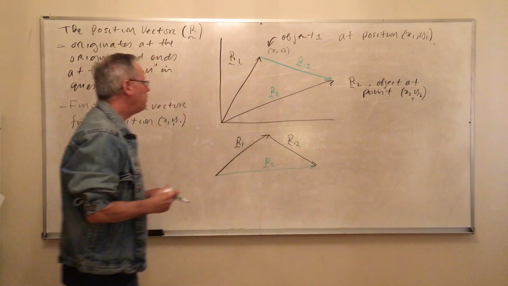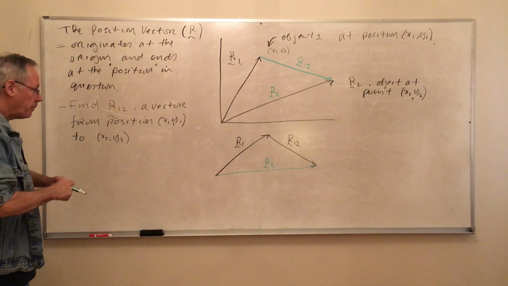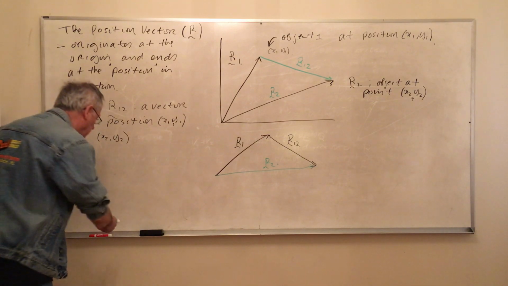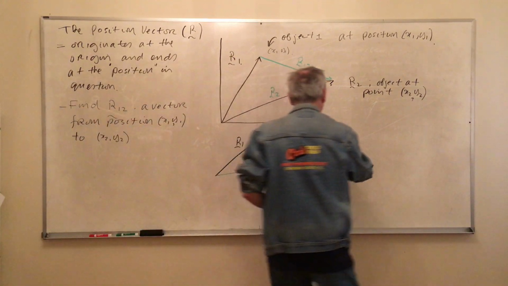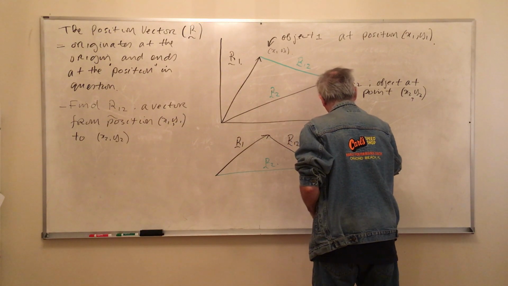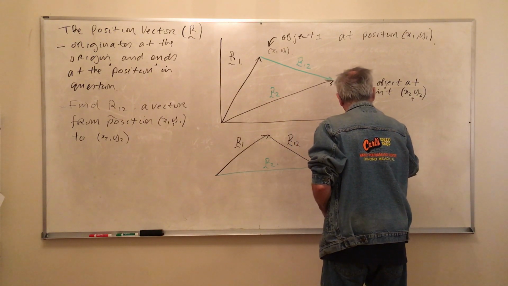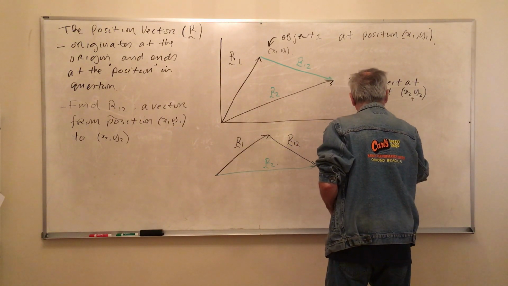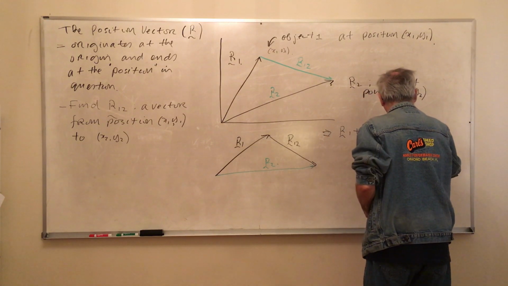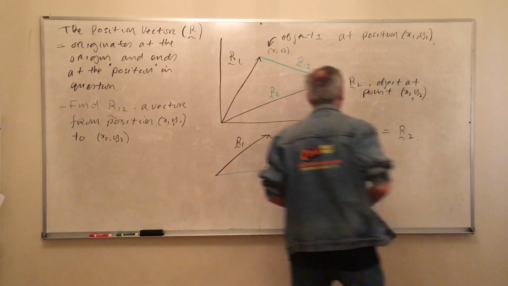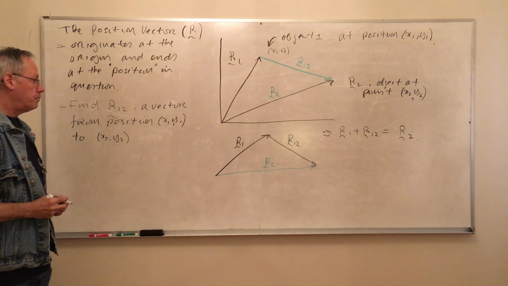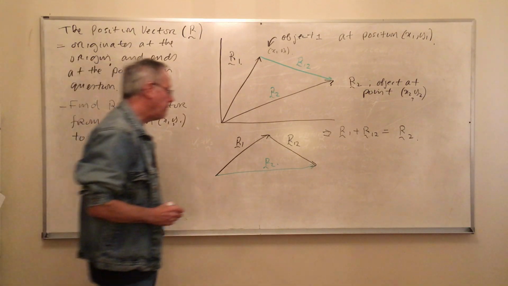So R1 plus R12 will give me R2. Try and follow this because it crops up all the time. So R1 plus R12 is R2. So therefore then,